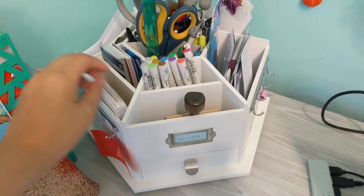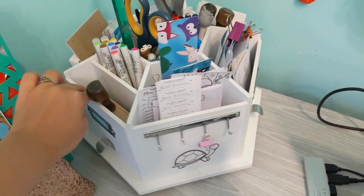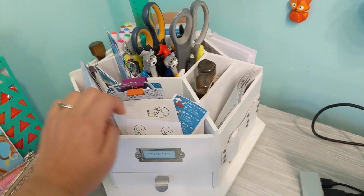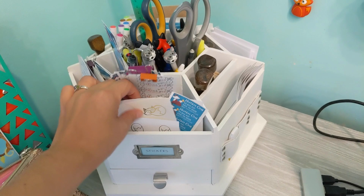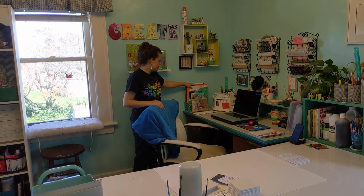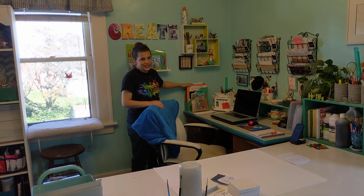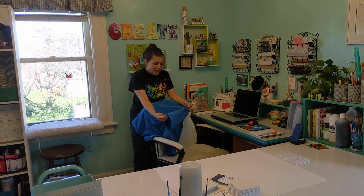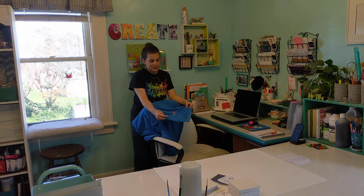And it just has all of my stuff that I use all the time. So like stuff for my Etsy orders, like my business cards and bookmarks that I put in there, stickers, and then all my pens and stuff. These are just folders with all kinds of paper stuff in it. I keep this blanket in case I get chilly. I pretty much always have it on me because I just love having a blanket on me anyways, but it's